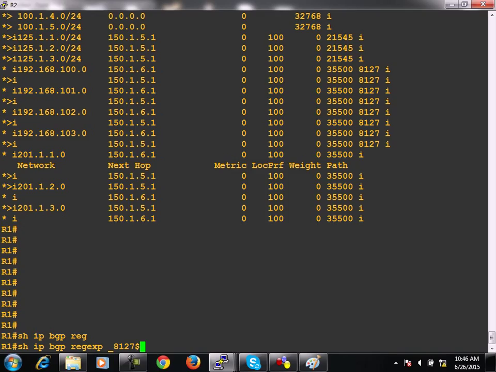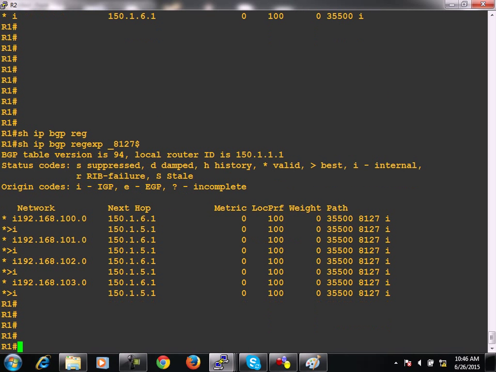Your line can start with any character, that's why I have put underscore here, but it will end with 8127. That is why at the end of the line I have put dollar. If you put any wrong AS here,